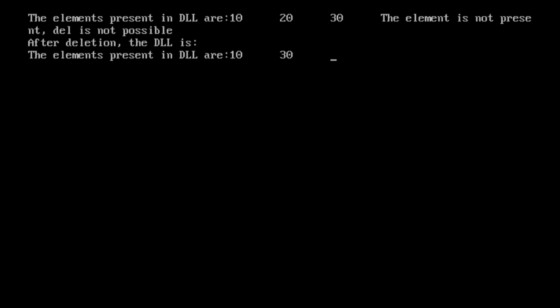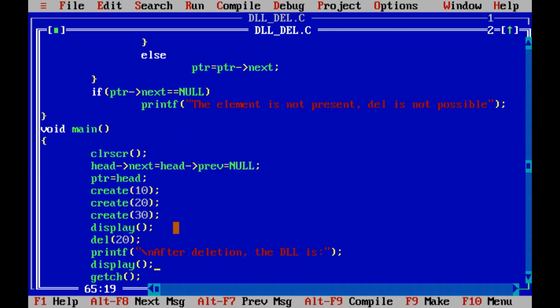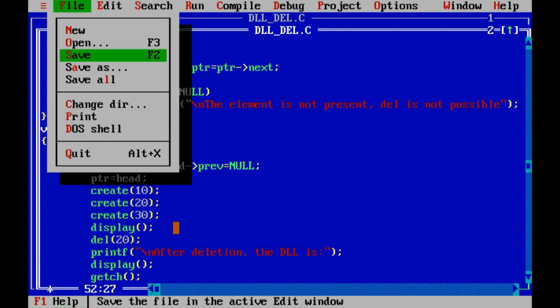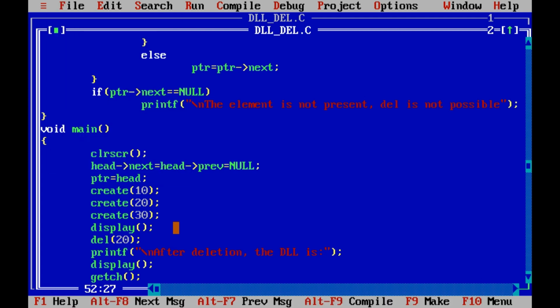Now, some clumsy, it is showing a clumsy output. For each and every one, first we will write a new line. So now here we have displayed 10, 20, 30 will be displayed. After that delete of 20 we are displaying. Then \n, for example. Now, compile,